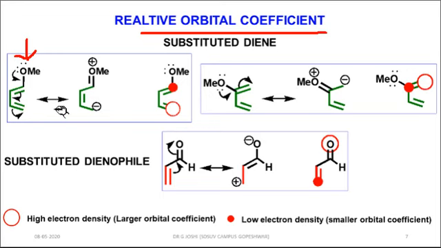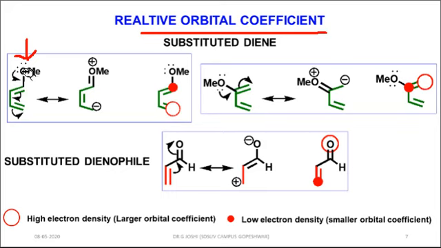In this slide, we will see the electron donating group increases the nucleophilicity of the diene, and the electron withdrawing group on the dienophile decreases the nucleophilicity of the dienophile, or increases the electrophilicity of the dienophile. Here we'll see particularly on which carbon the electron donating group increases the nucleophilicity more comparatively.